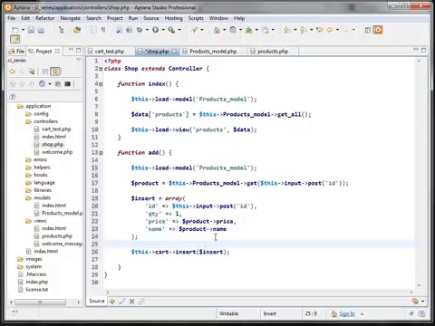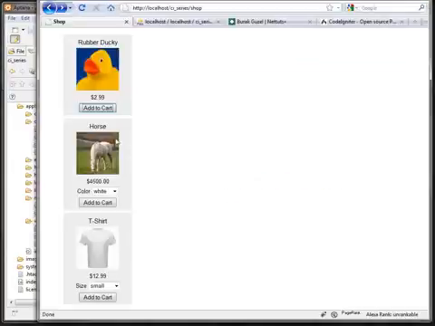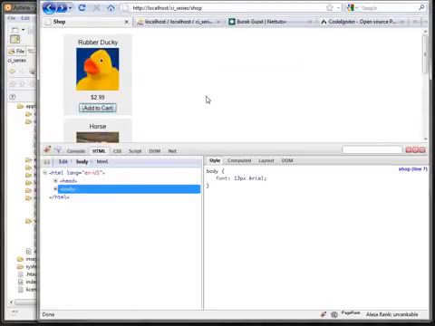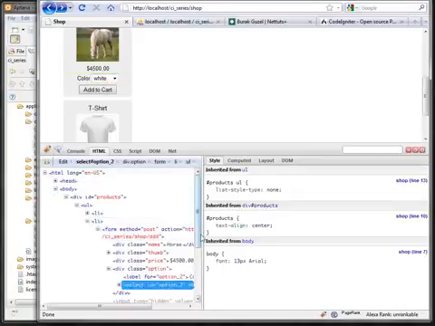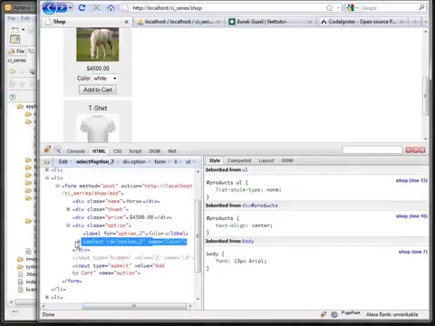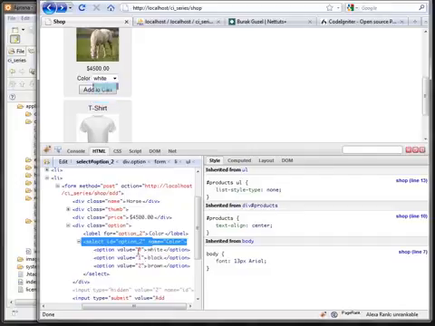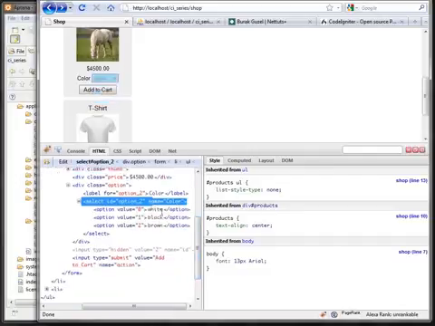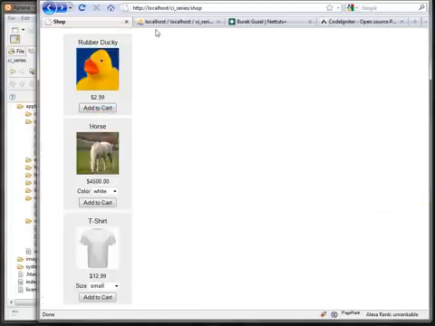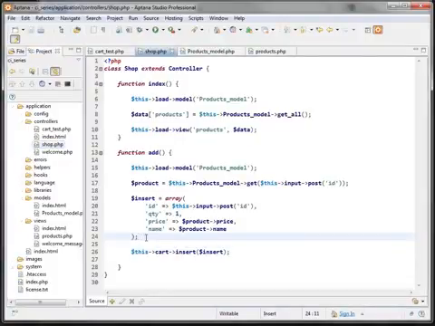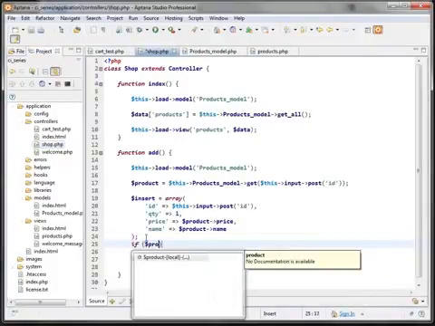And also the option that's selected. If you look at it from Firebug, you see it's a drop down, and the values will be like 0, 1, 2 instead of white, black, brown, because we just passed a regular array. We didn't pass values into the form helper. So to translate these numbers into the actual options, we also need to do something here. So if this product does have options, then